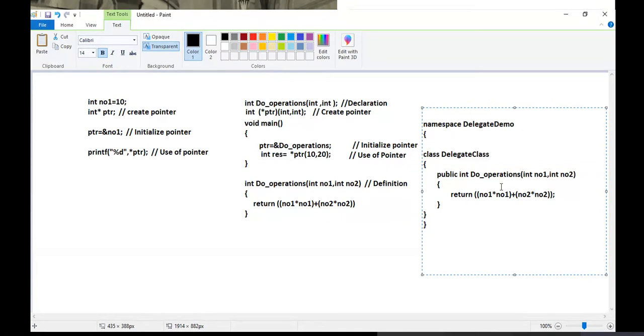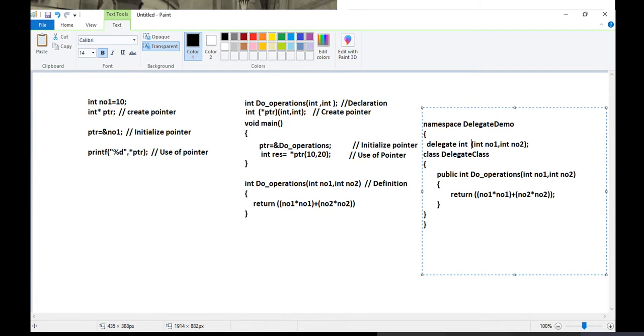How will you create a delegate for this method? Let's see. As usual, first I will write that keyword delegate. See the syntax. First we write the delegate keyword, then we write the return type as it is, which is integer. Then we write the signature as it is, which is this one, and then we give the name to the delegate.